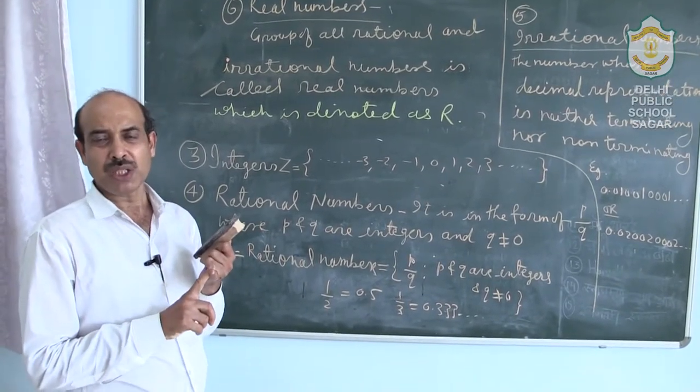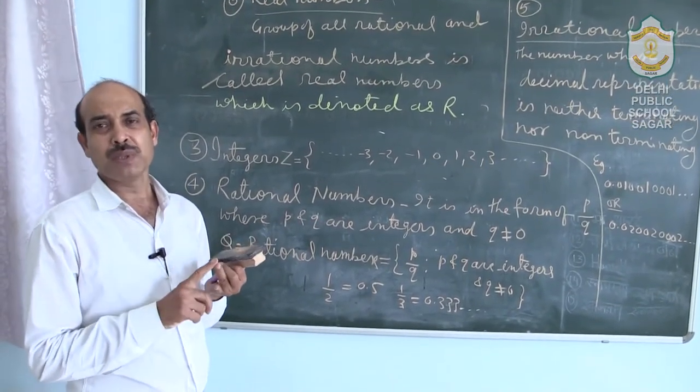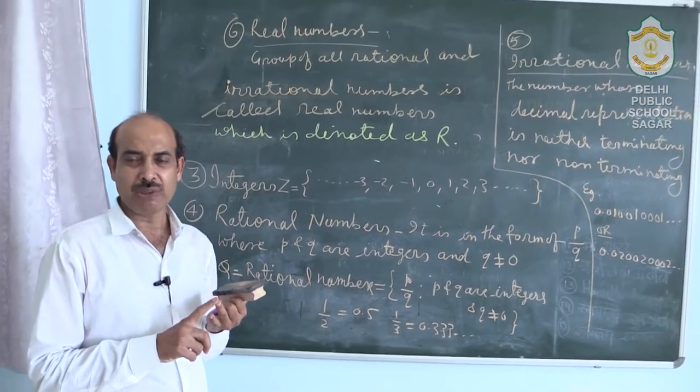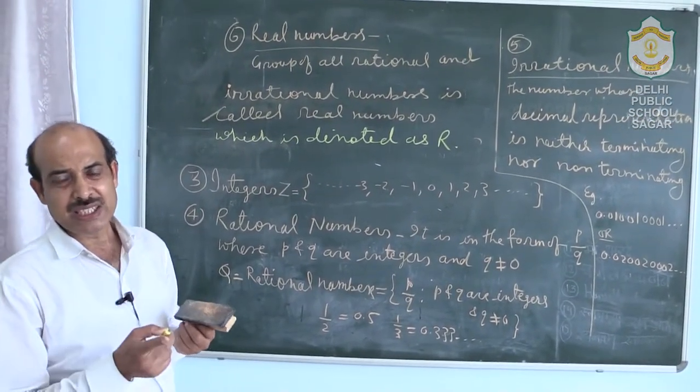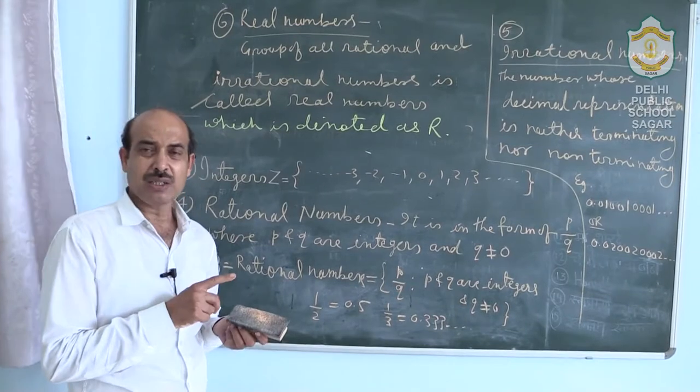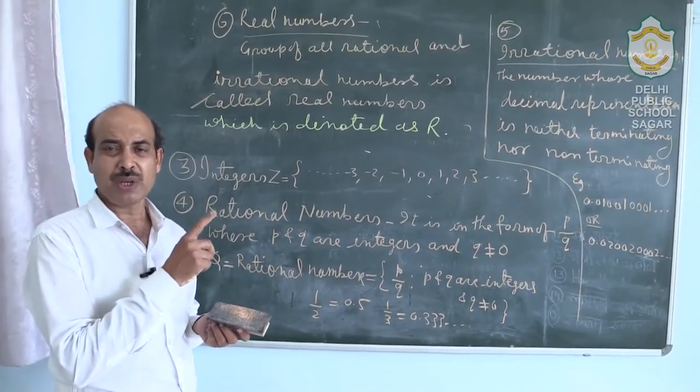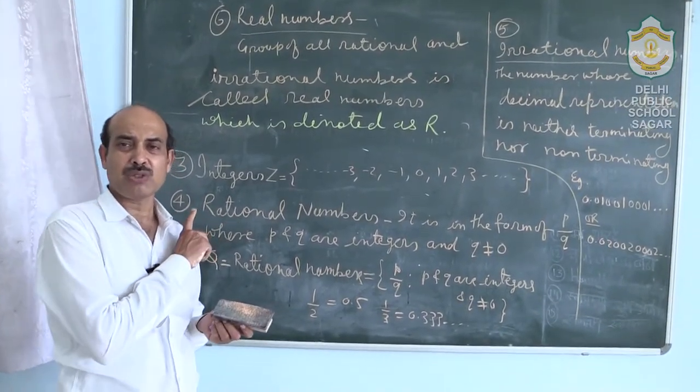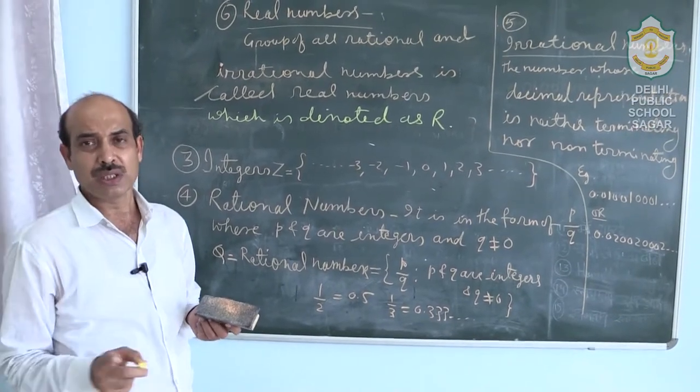Natural number 1, 2, 3 denoted by N, whole number 0, 1, 2, 3 denoted by W, integers denoted by Z, minus all negative, -1, -2, -3, -4 and so on, 0, 1, 2, 3, this is